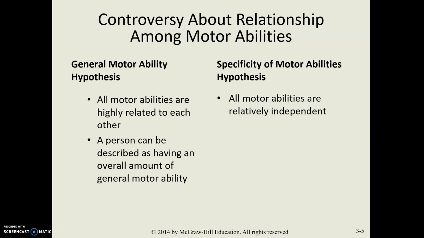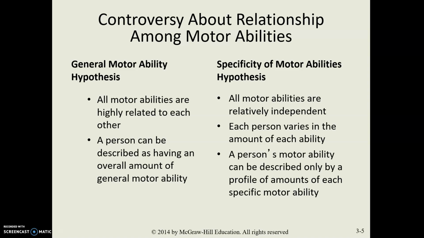The specificity hypothesis is the idea that these motor abilities are not one general global characteristic, but rather they're very independent of one another. And each individual varies in the amount of each of these motor abilities. So we can think of a person's motor ability as being a profile of varying degrees or varying amounts of each specific motor ability. So right now, if you had to choose between the general motor hypothesis and the specific motor hypothesis,